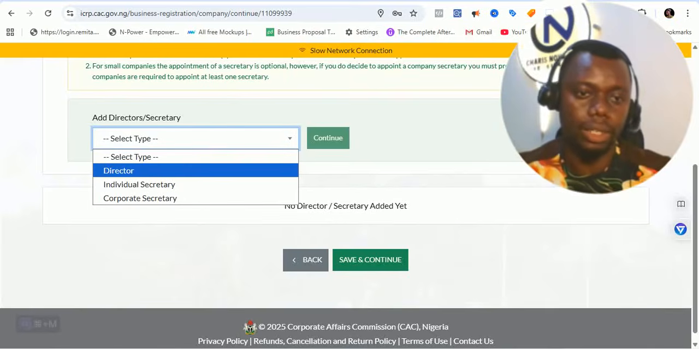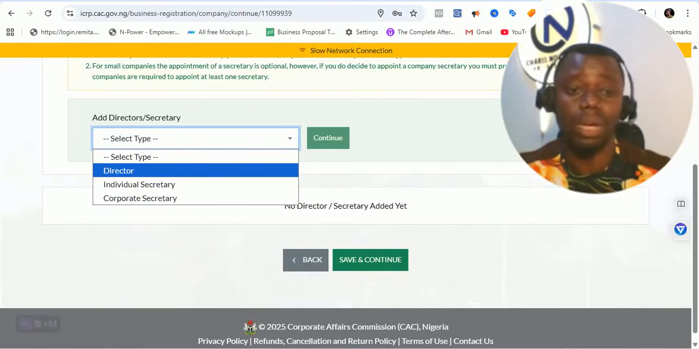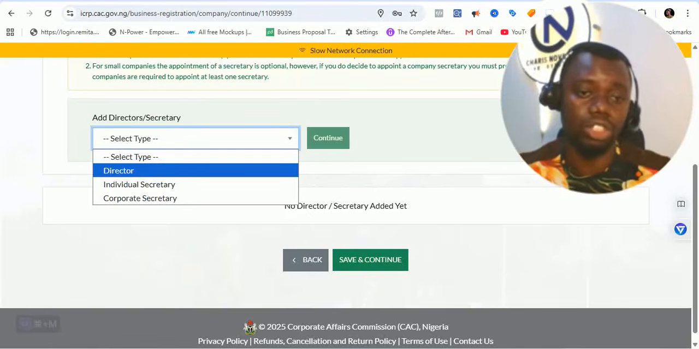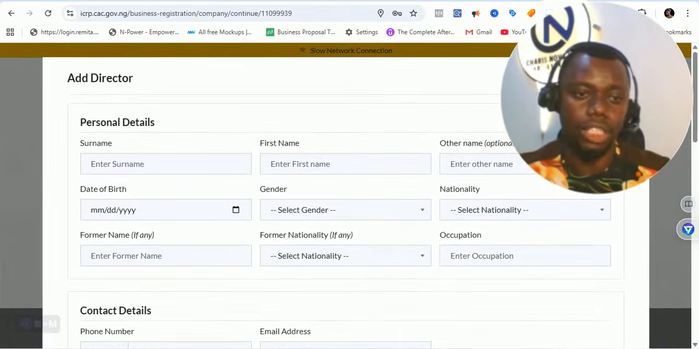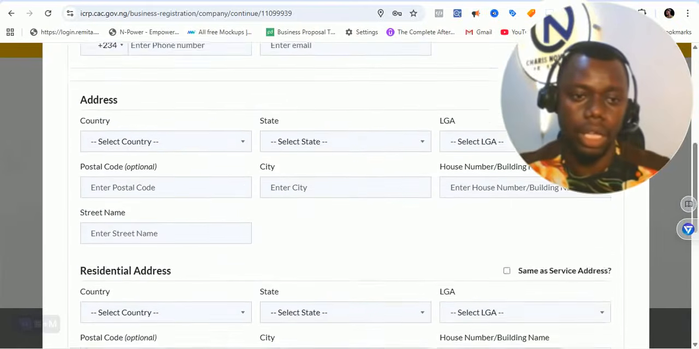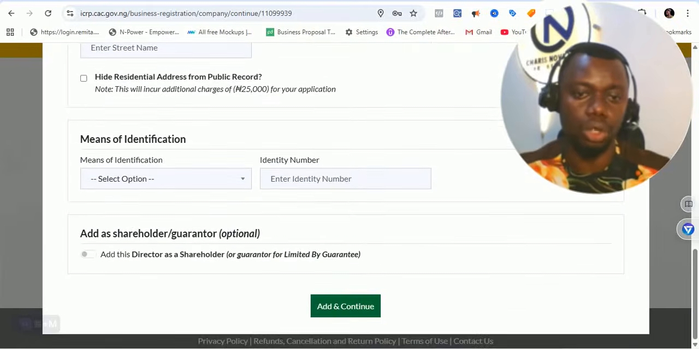You can see that you can add director, individual secretary, or corporate secretary. So here now is a single man, one man company registration. I'll put in director, click on continue, and put in the details of the director here, here, and here. But one of the things I want to show you here is that